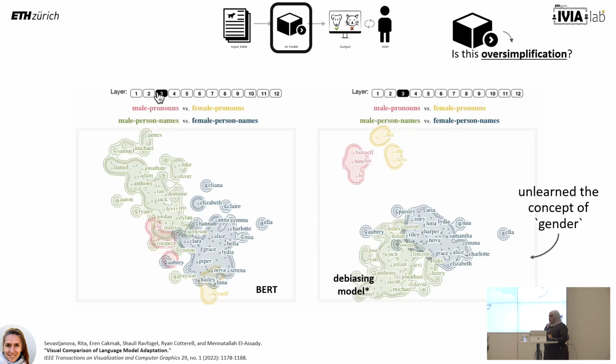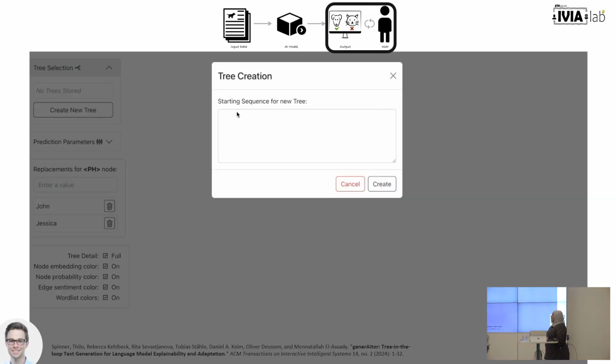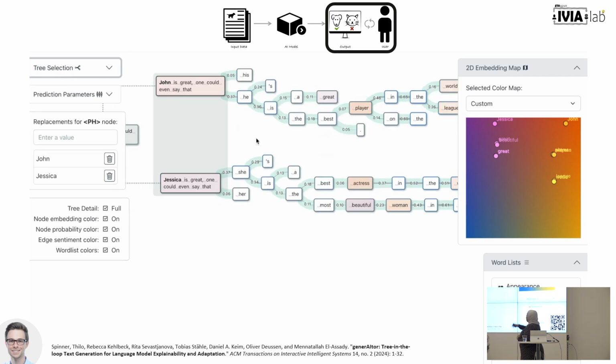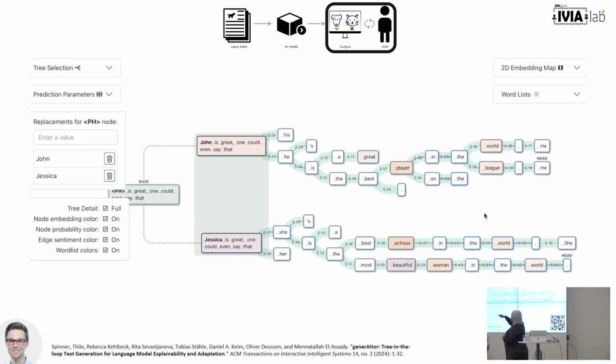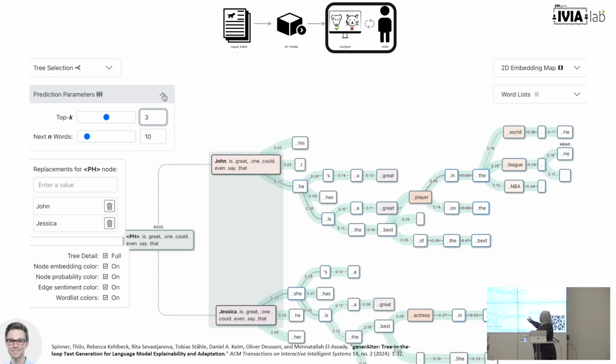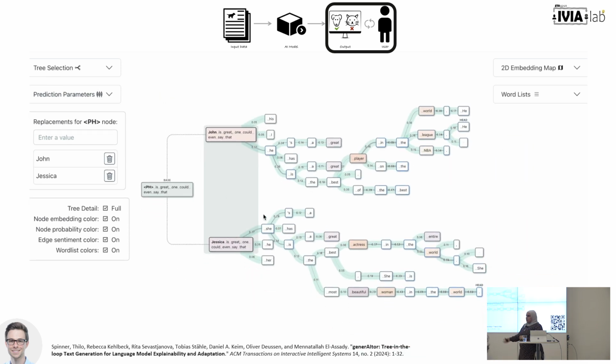So it's not really clear what we want these models to do, but we can go a little bit further and try to figure it out in a particular context. Here we say, "Person is great, one could even say that." What should the model represent in that decision making? We're saying, "John is great, one could say that." "Jessica is great, one could say that." And then we see all of the different decisions that the model takes. What you see in front of you is a visualization of the beam search tree of the model. These are all of the decisions that it's making before giving you an answer. You see already there are lots of biases in there, but we could give feedback at these points in time in order to figure out what you want the model to actually decide when it comes to these types of outputs.